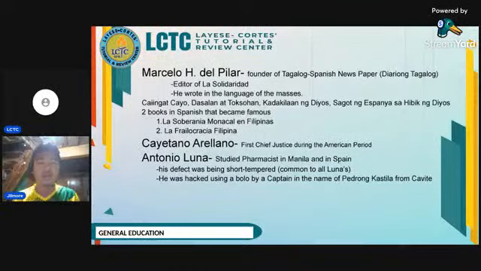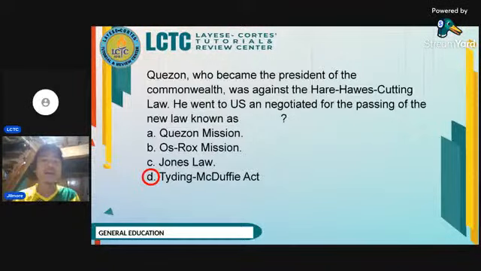Antonio Luna, he was not a general. No, he was not a military officer. But he became a general during Aguinaldo's term. No? During the revolutionary government of Aguinaldo. He was a pharmacist actually. Okay. Pero may common defect daw ang mga Luna. Short-tempered. Okay. And he was hacked. Yung pinatay si Luna, he was hacked by a bolo by a captain in the name of Pedrong Castilla from Cavite. Okay. Next,